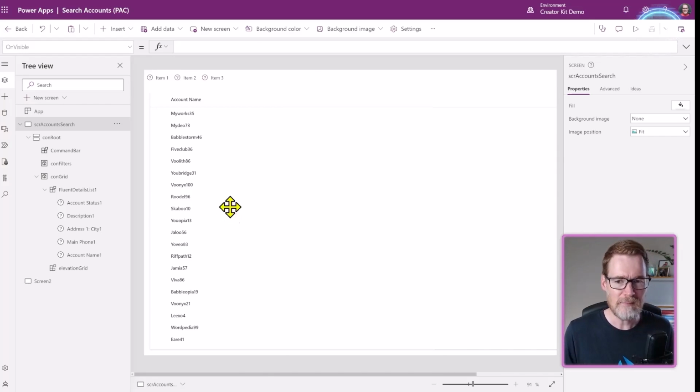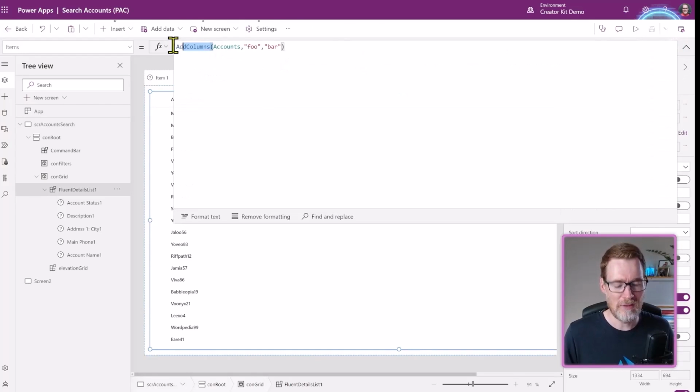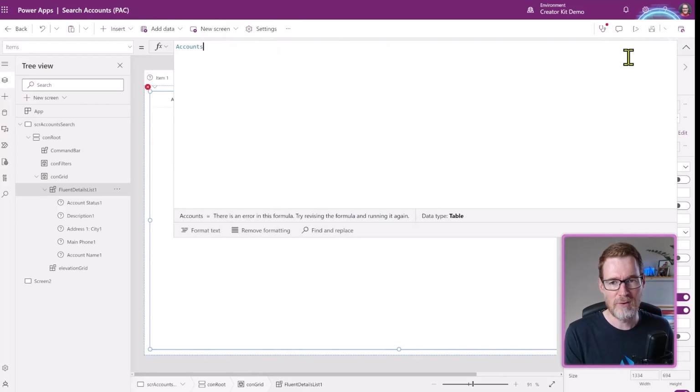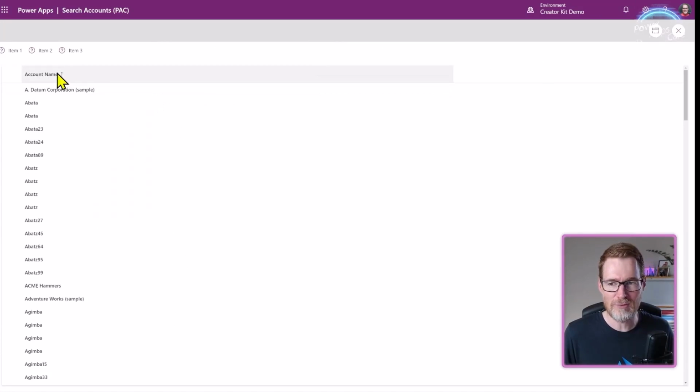Rather than if I go back here and go to my items and remove this and go to accounts, what this will do now is it will now be able to sort across the entire data set, even if there's multiple thousands of records.